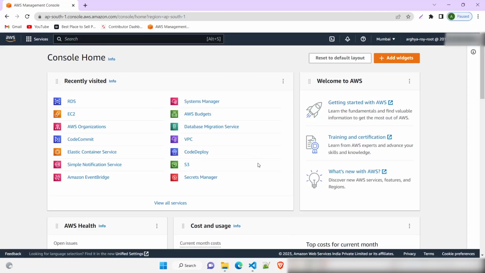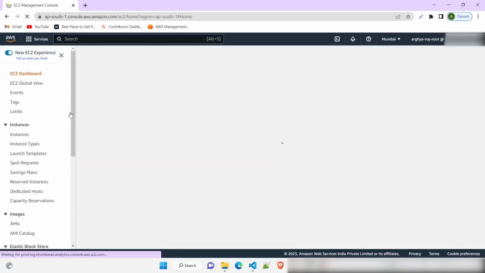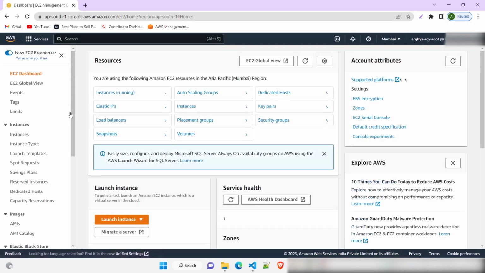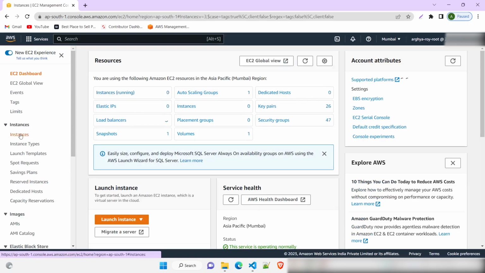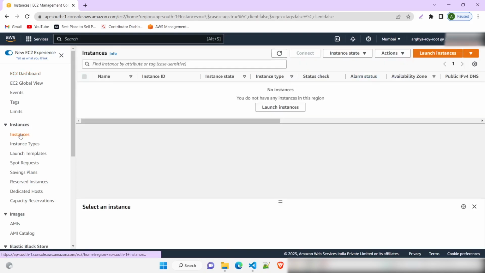In this video, we will see how we can configure and install Jenkins inside an EC2 instance. So at first we have to come inside our AWS console, then click on EC2, and after that we will launch a new EC2 instance. Now click on instances. Here we have to click on launch instances,